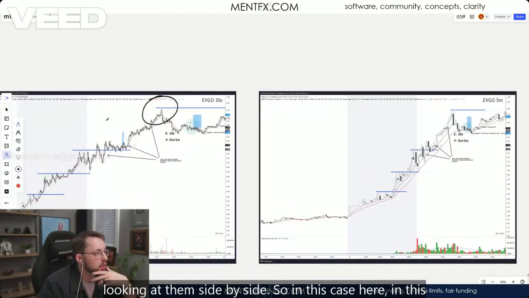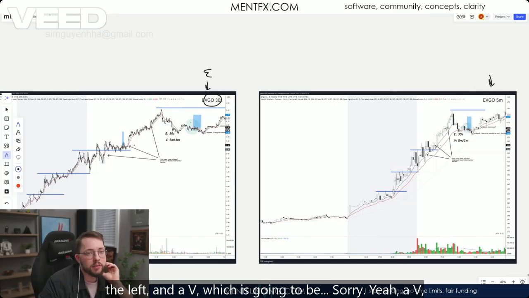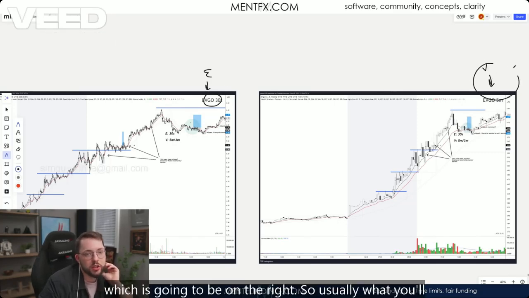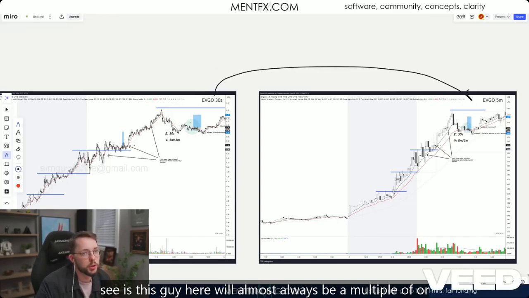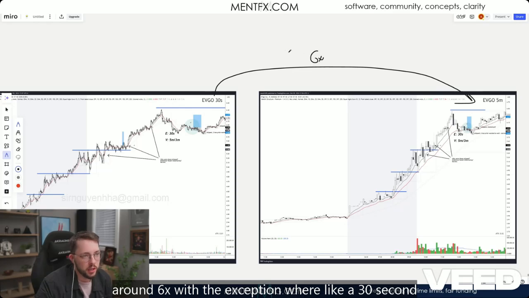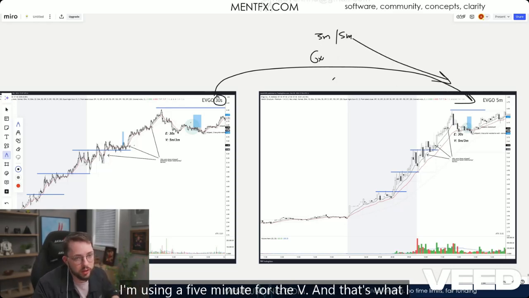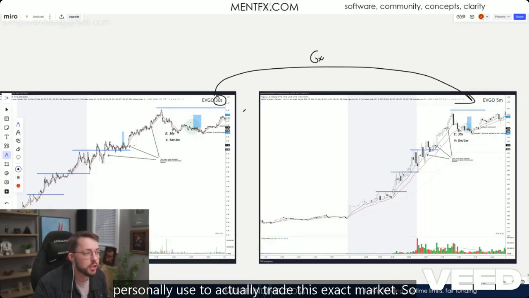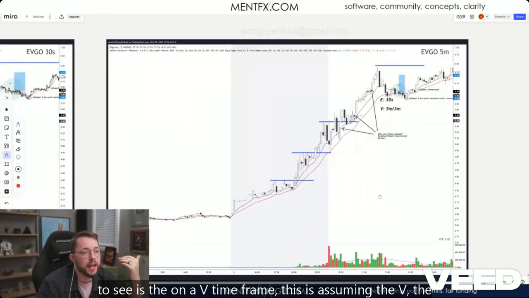So in this scenario, what we have is an E, which is going to be on the left, and a V, which is going to be on the right. Usually, the V will almost always be a multiple of, or around, 6x, with the exception where a 30-second is technically a 3-minute, but in this case you can see I'm using a 5-minute for the V, and that's what I personally use to actually trade this exact market. So here's a market I traded, and once again what you're going to see is, on a V time frame,